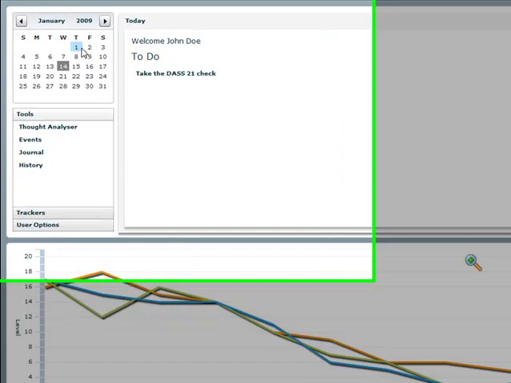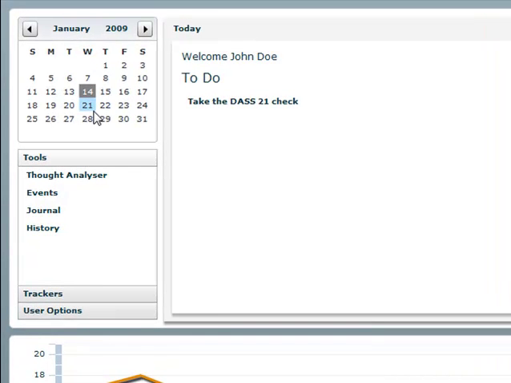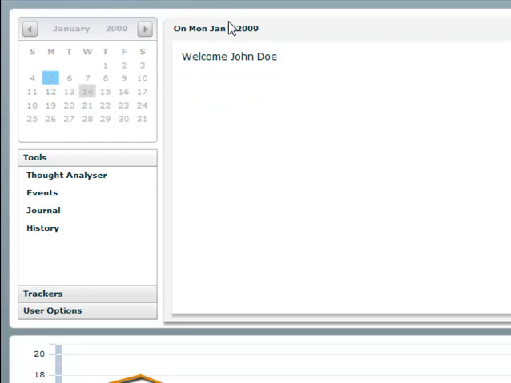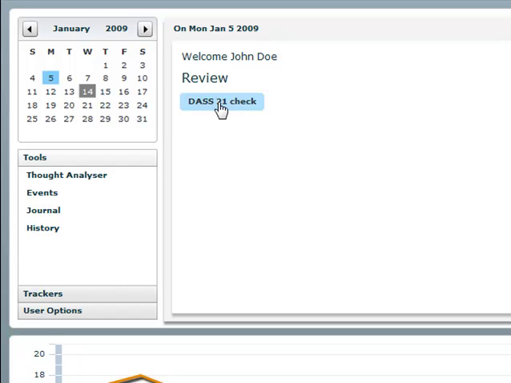On the left-hand side, up the top here, we have a calendar. This calendar allows us to navigate to any date. We can go to the future, the past, or to the current date. By default, it'll always be activated on the current date. To change to a previous date, all we do is navigate to it and select it, and you'll see then that the day screen will reflect the new date, and we'll be able to review or take a test for